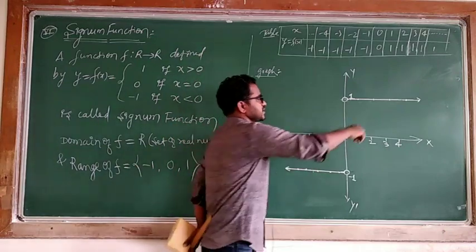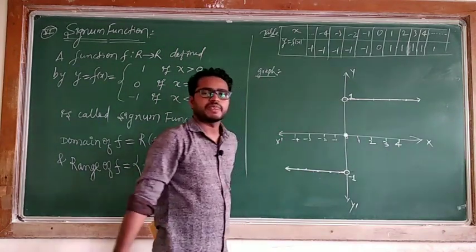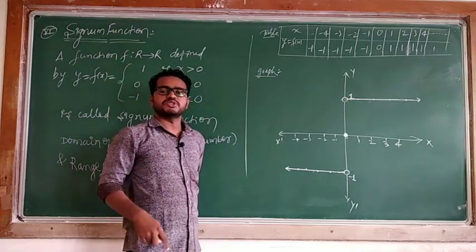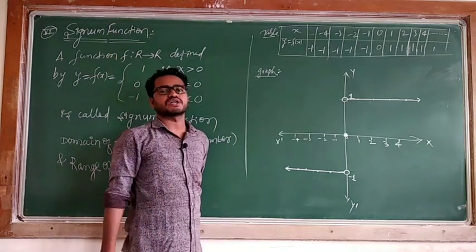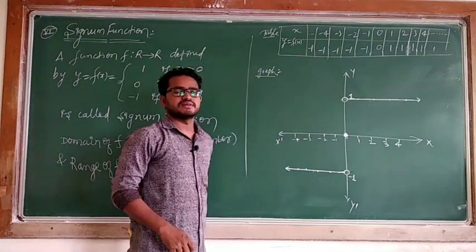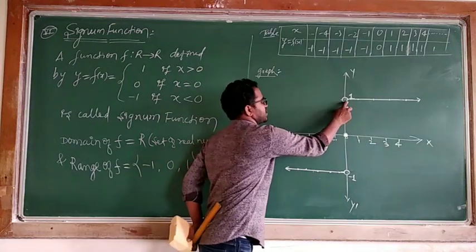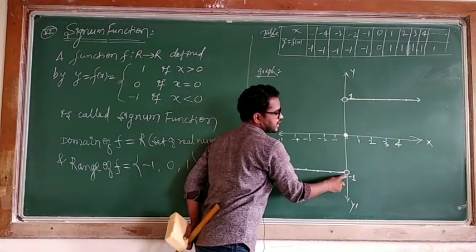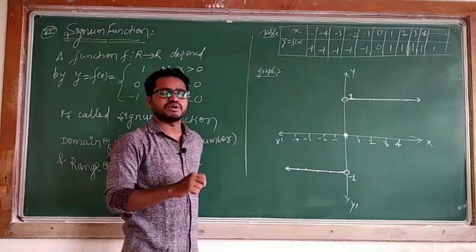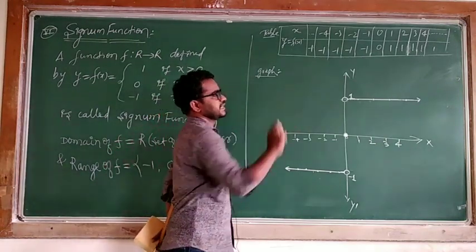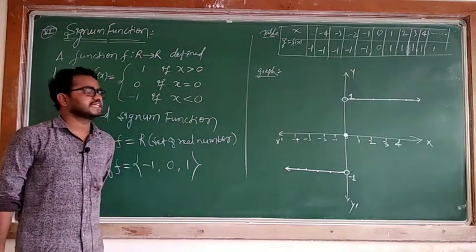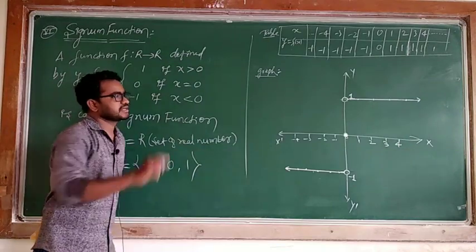In this case this graph is disconnected. In the modulus graph, it is directly connected, meaning you can draw without lifting your pen. That is a continuous graph. This one we can't draw without lifting the pen, because here is a dot case. I took an open circle, and with an open circle you have to lift your pen. So it is not a continuous graph. It is a disconnected graph.